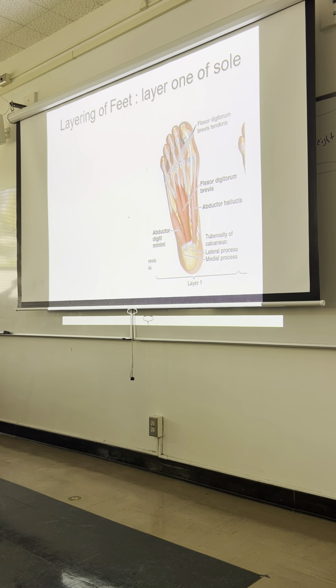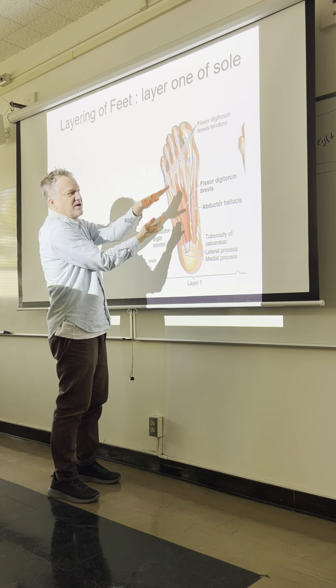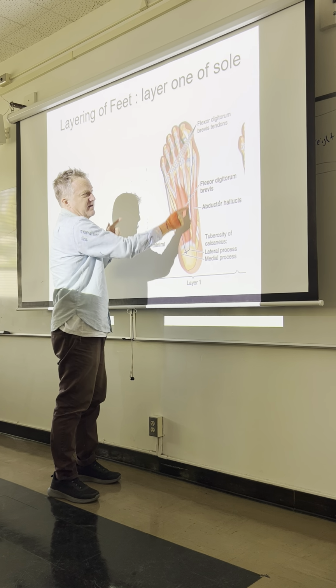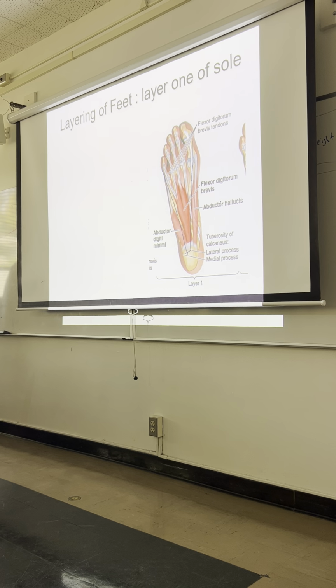Now, next layer, and just a little thing, because some of you, like the foot presenters, are starting to see this. Remember what's under this, right? Closer to the ground, coming off calcaneus, going to your feet, is plantar aponeurosis. So, to see these intrinsic muscles, you got to remove plantar aponeurosis. Often when you do that, if we cut it off back here, as you reflect plantar aponeurosis on this side, you're gonna have this muscle, flexor digitorum brevis. So you can see that in some of our bodies. On one side, you'll see what's left of plantar aponeurosis, on the other,